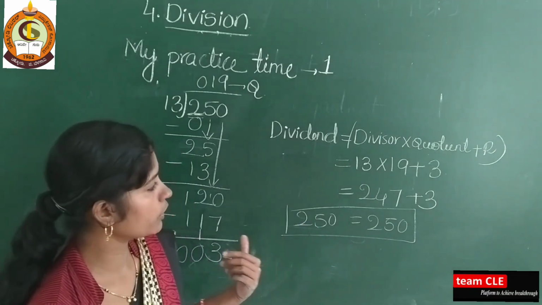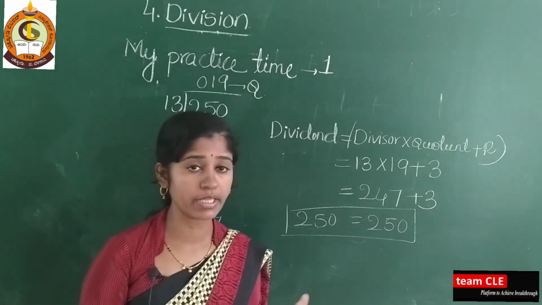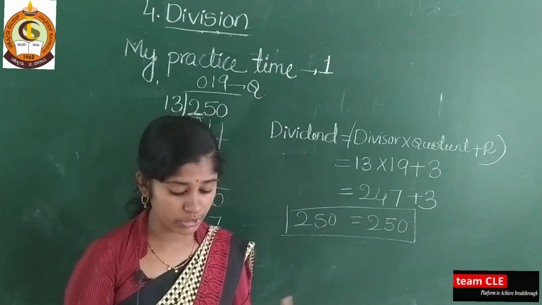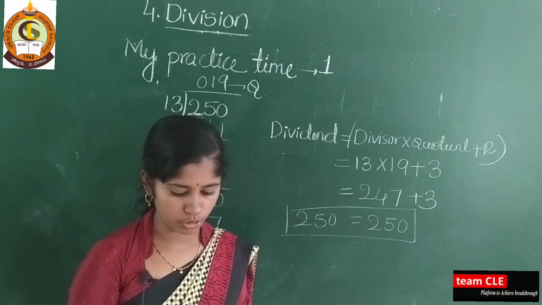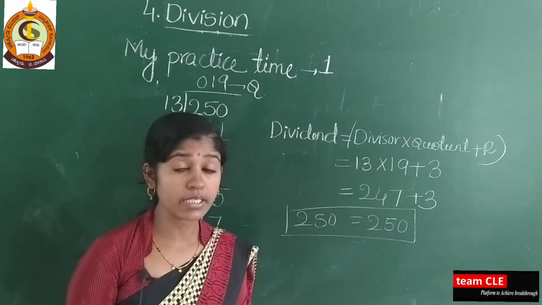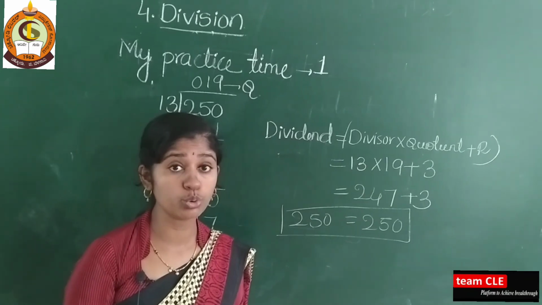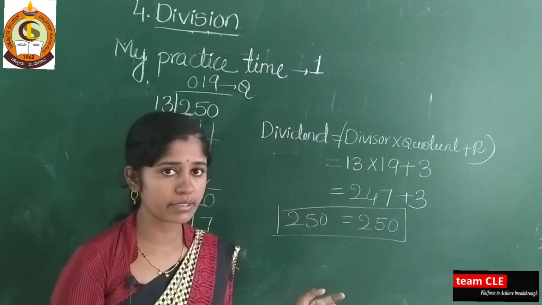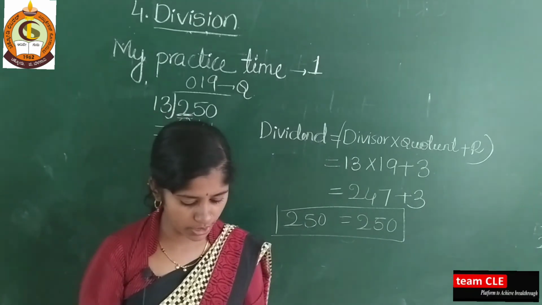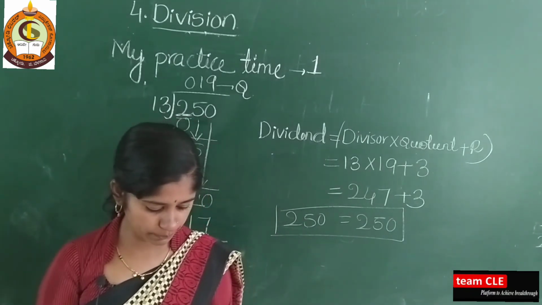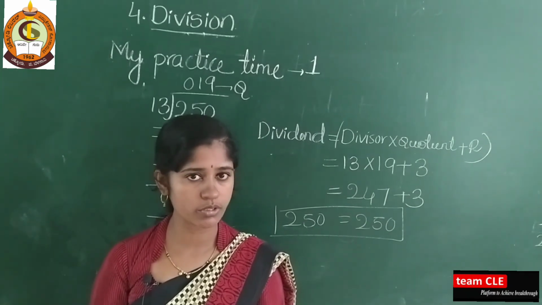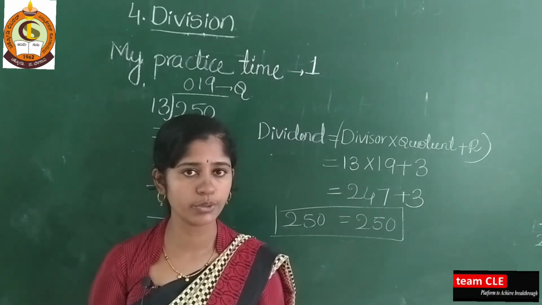Whichever examples I solved, practice them 2 to 3 times, then go through the next example. Solve all the examples neatly and please keep learning tables at least 2 to 30. If you can't learn, then you can use the trick and you will solve the example. So try to solve page number 120, My Practice Time 1, and send it to my WhatsApp number. I hope this class is clear to you. Thank you.